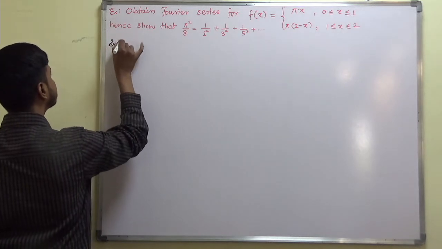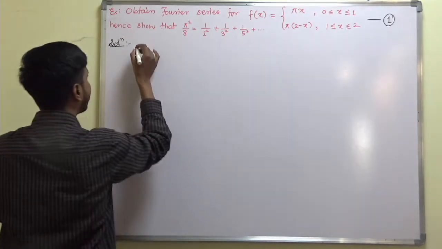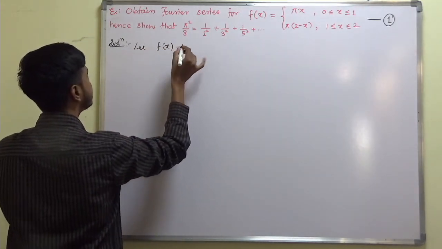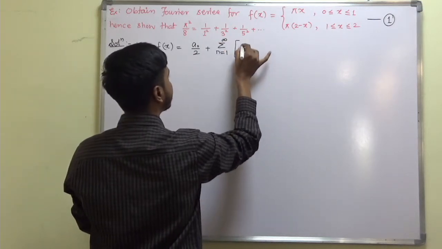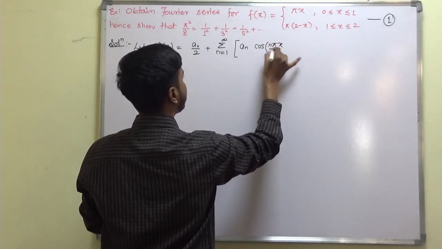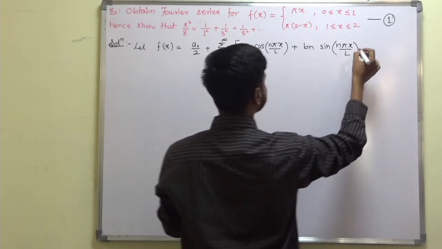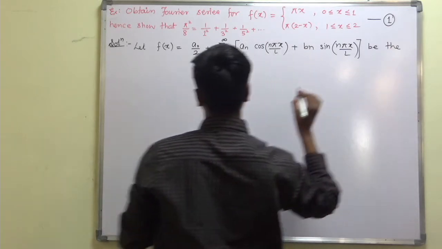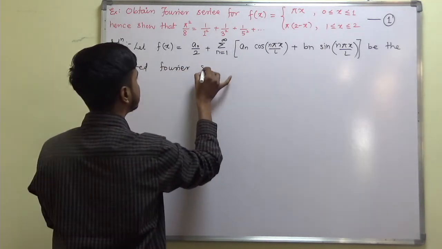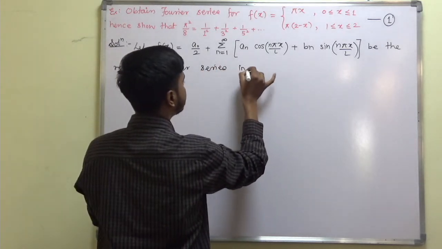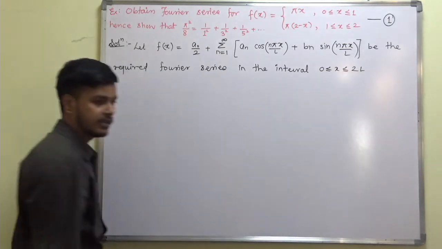So how do we start? We start with the given thing. Let the given f of x be this, say this is (1), and let f of x be equal to a0 by 2 plus summation n equal to 1 to infinity of an cos n pi x by l plus bn sin n pi x by l, be the required Fourier series in the interval 0 less than or equal to x less than or equal to 2l. Okay, where